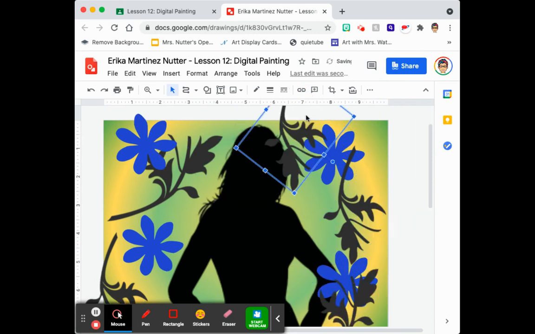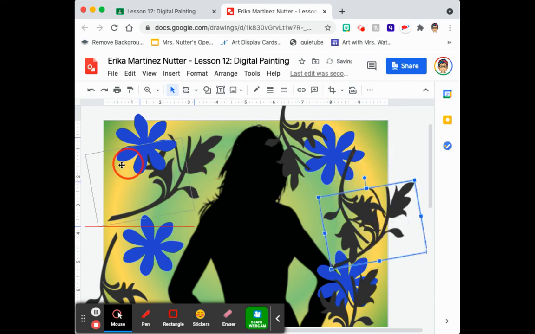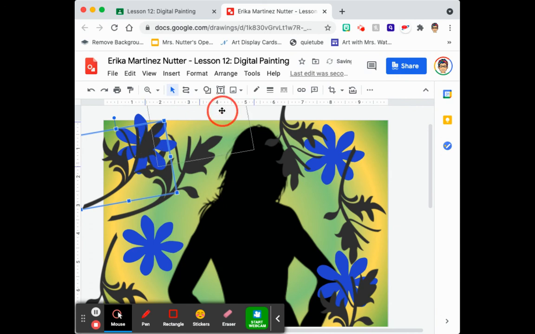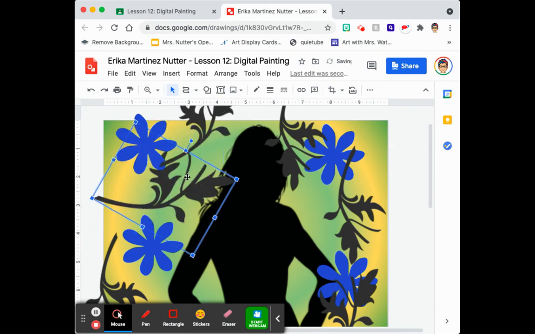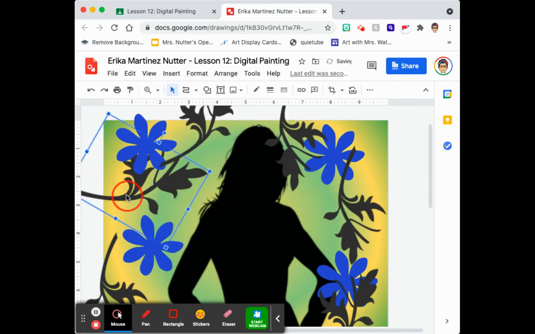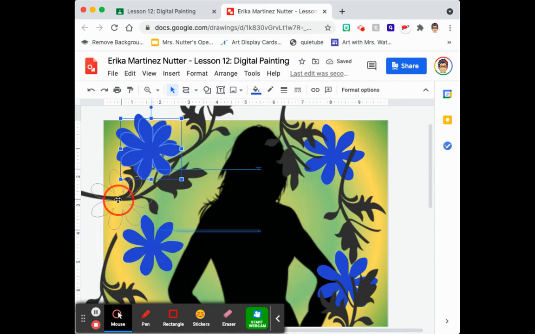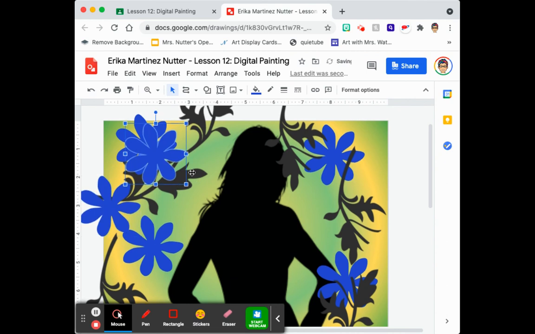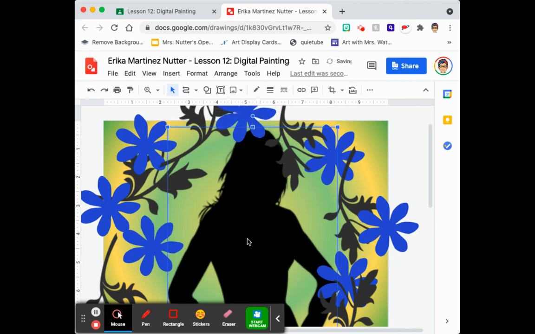And I'm just kind of going around and adding some of these as a border. And I want to do some more flowers too. And just do it until you like the way it looks. When you feel that it's done,